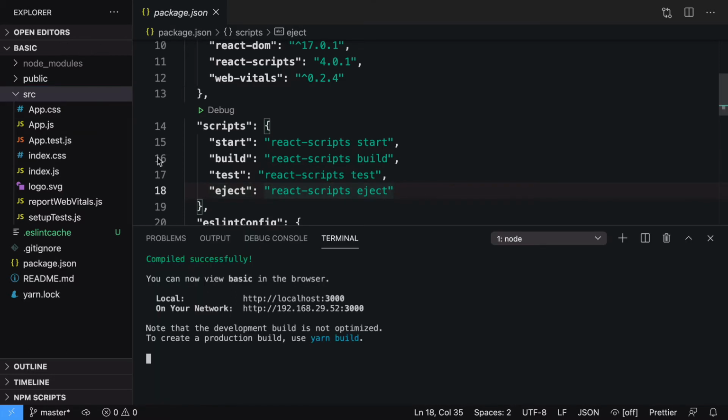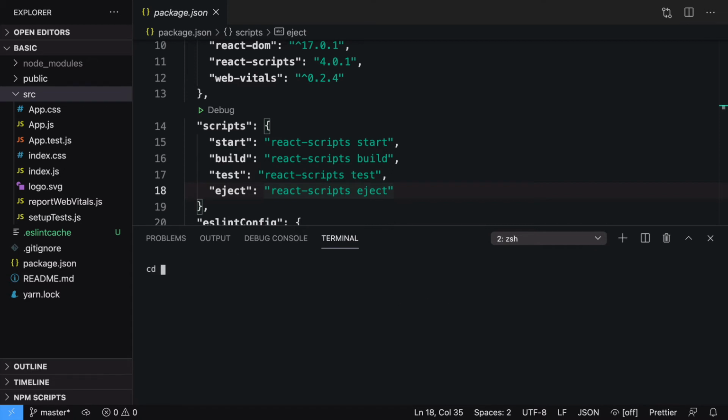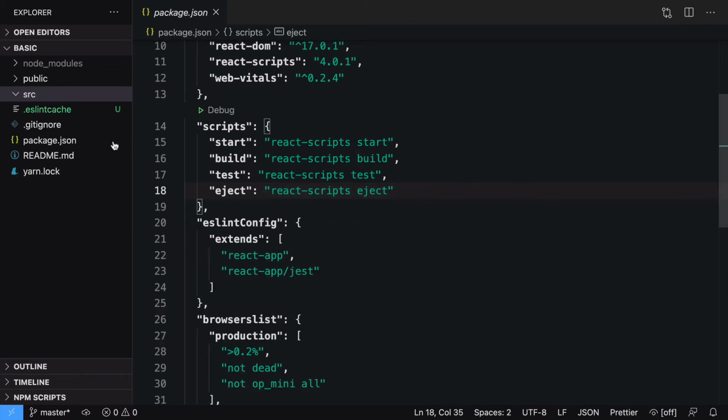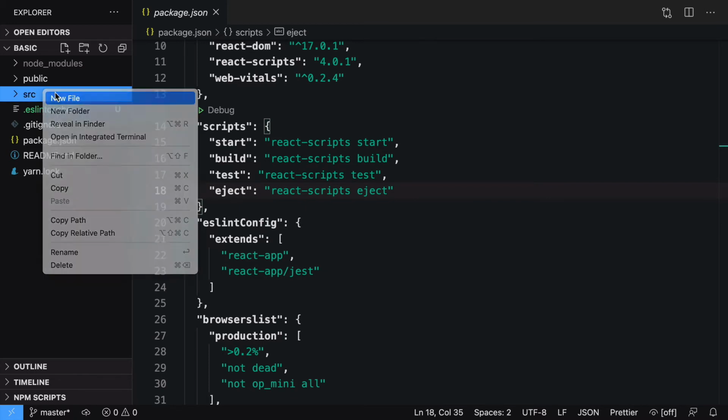There are a lot of files that we don't need right now, and they will mess things up when you want to understand this. So I'm going to go into the src folder and delete everything from here. I'll say rm -rf and press star. It will select all the files and delete them. As soon as you press enter, you can see there is nothing inside src now. Now let's go ahead and create our basic structure.